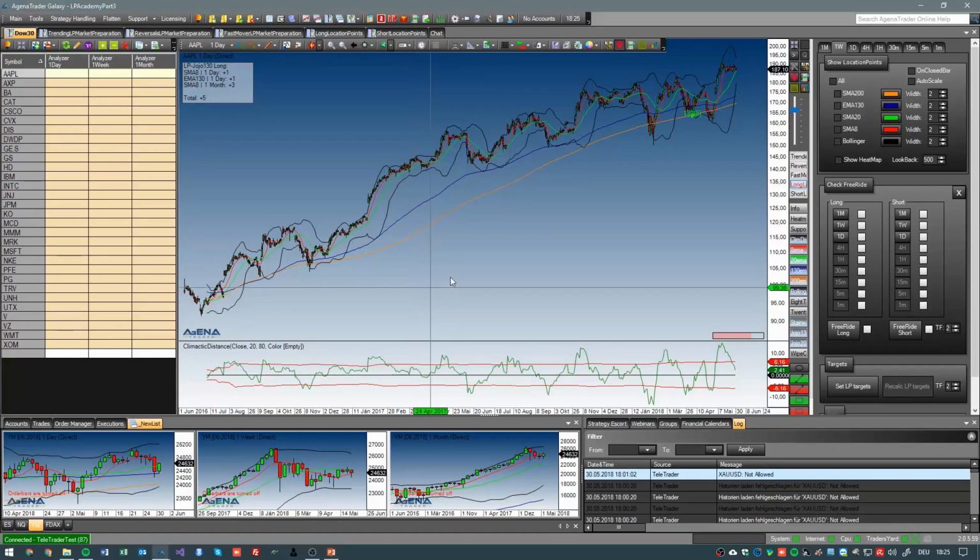Okay, finally we did the recap of last week. Yeah, you see this multi-time framing, it's quite complex, and there's a lot you can talk about on this topic, but we will leave it for now. I think also when, after this LocationPoint Academy, we continue with some advanced educations, or